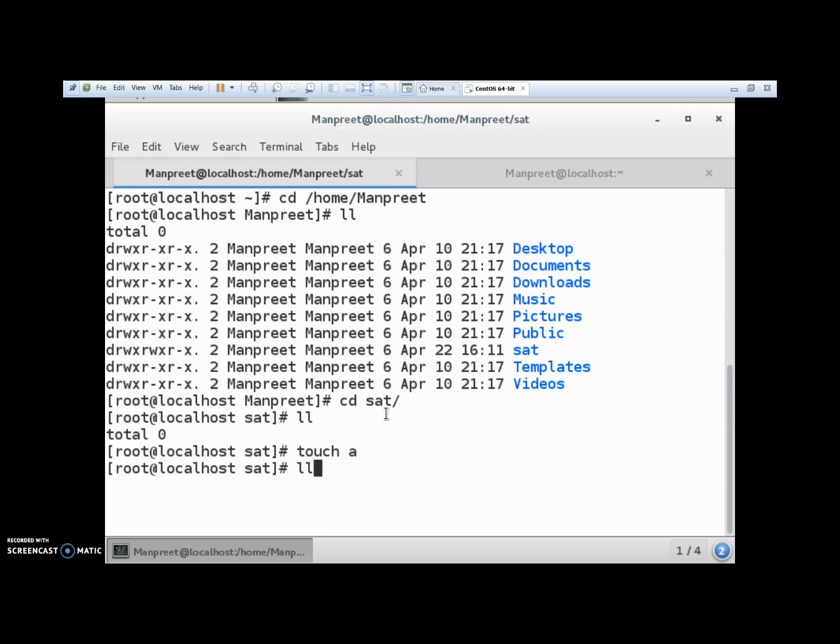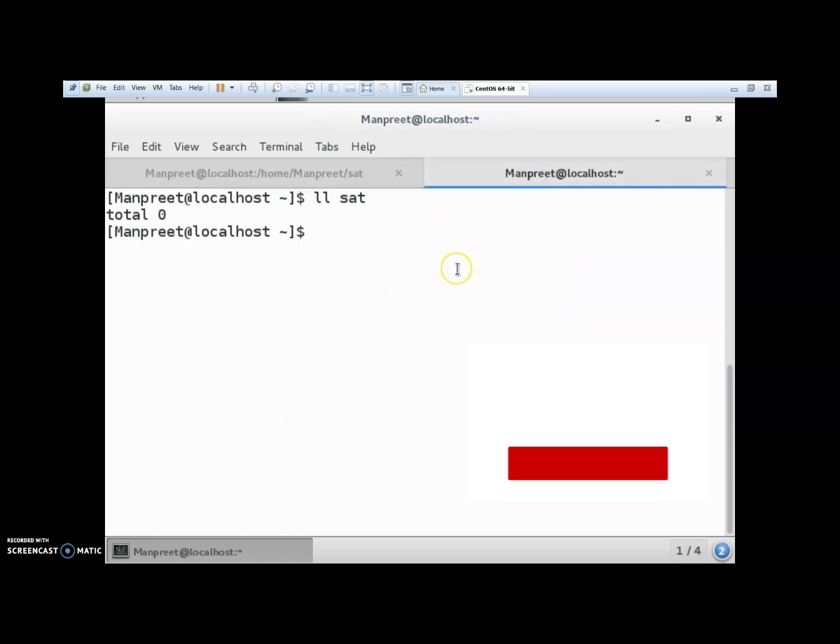Now let's check who is the owner and who is the owning group over here. So who is the owner? The root is the owner because we are working at the side of this owner only. And who is the owning group? This particular root only. So right now no set GID bit has been enabled. It is already disabled only. So now let us enable the set GID bit.